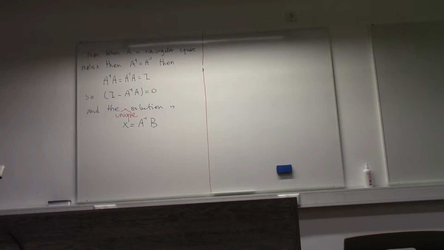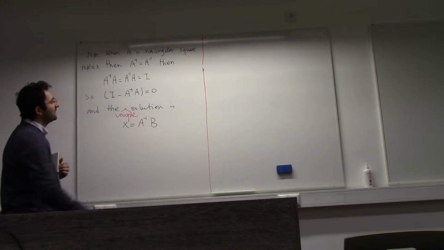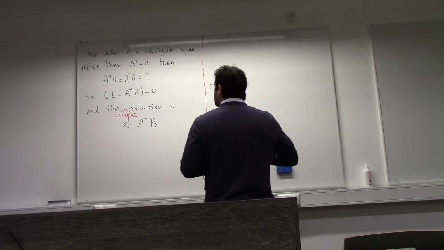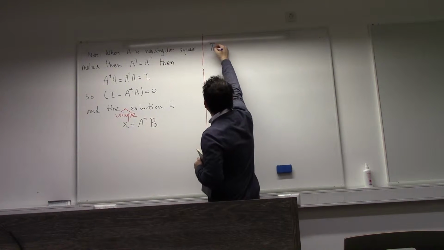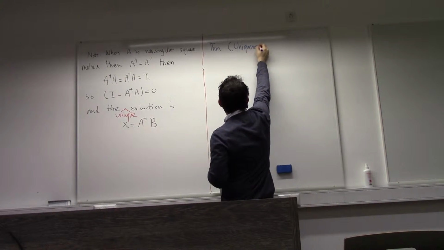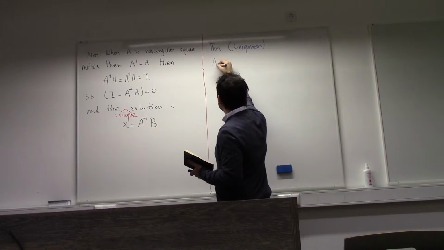Now, let's say a theorem which talks about uniqueness. So existence was telling us A A plus B is equal to B, which means the range of B is a subset of the range of A. And now we want to talk about the theorem, which is called the uniqueness theorem. And it says a solution